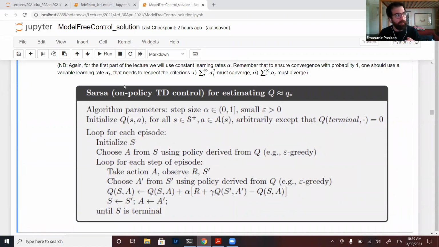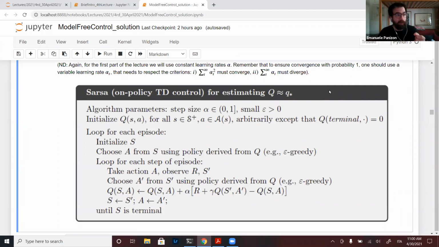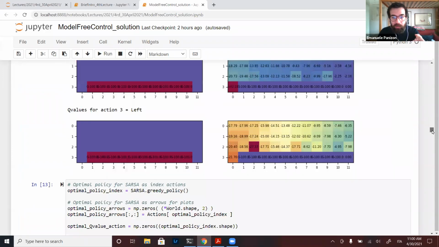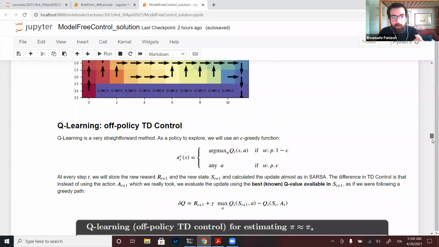If you change epsilon to go smaller and smaller, and the learning rate goes smaller and smaller, so you are in the condition to reach convergence, the optimal policy for one and the optimal policy for the other, since the optimal policy is the property of a system and not of the method, should converge to the same. And you can see it now. It's not super easy, but again,